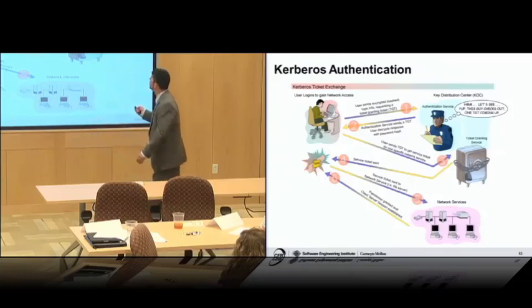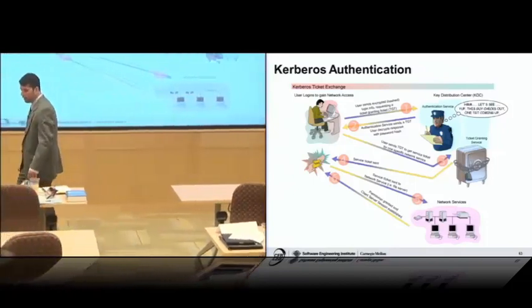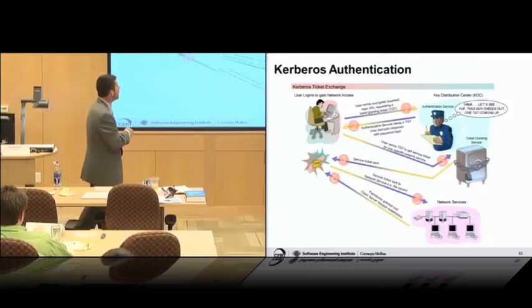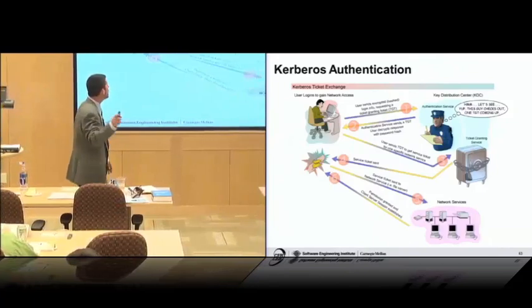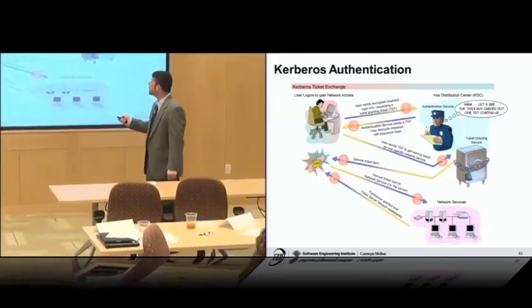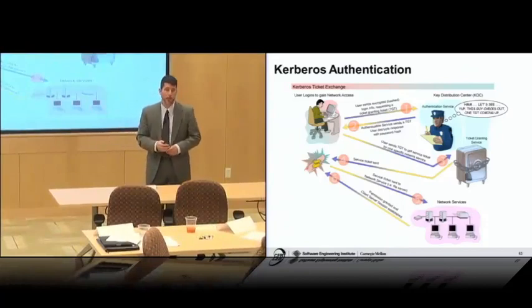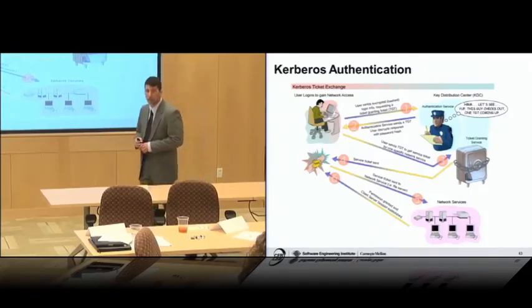Remember I said it had two components. The first one's the authentication service. And it says, "Are you Andy?" And Andy says, "Yes, because these are my credentials." And then it sends him the ticket granting ticket, which he can decrypt with the password hash that they share. He's going to send that ticket granting ticket to the ticket granting service, which is the second component of the Kerberos system. And that's just for a specific network service. And the service sends him that ticket, which he can send to the service and be allowed to come in.